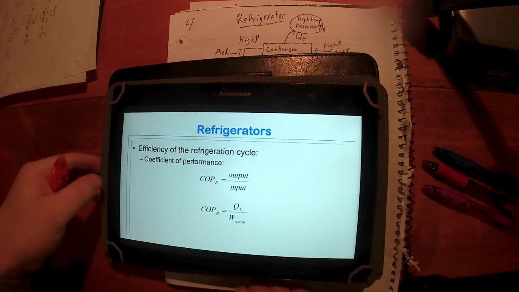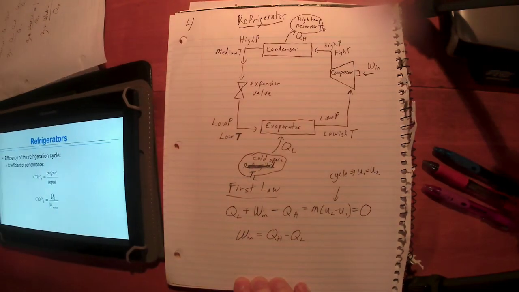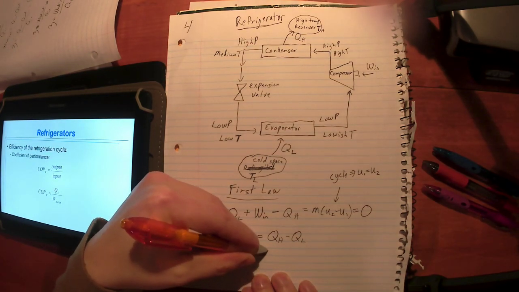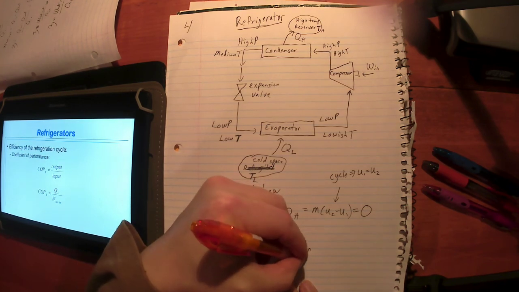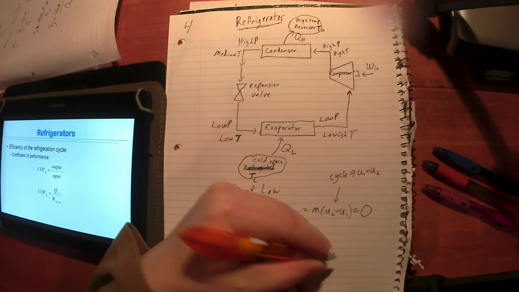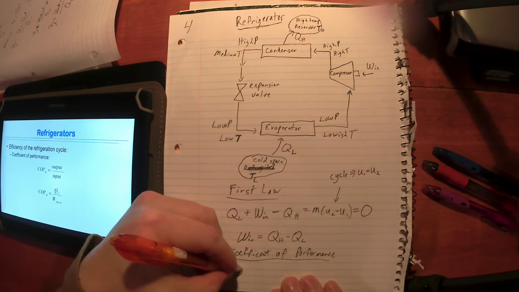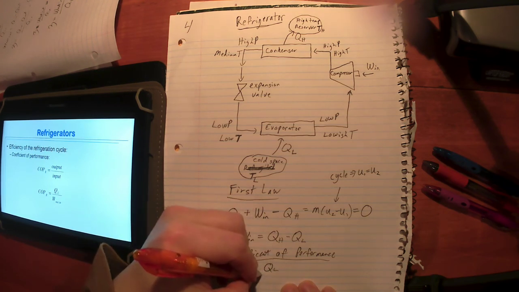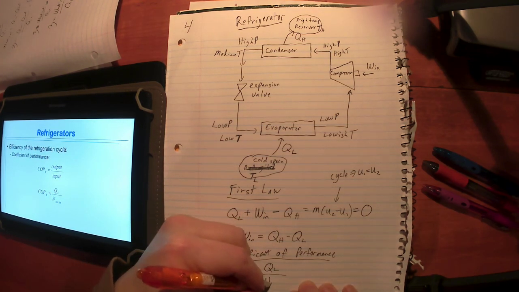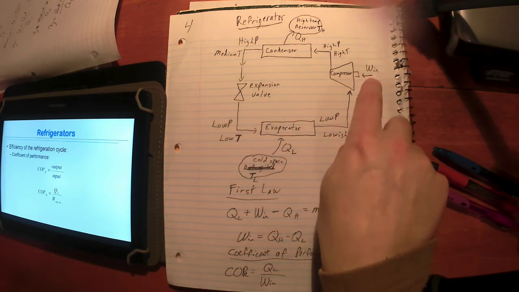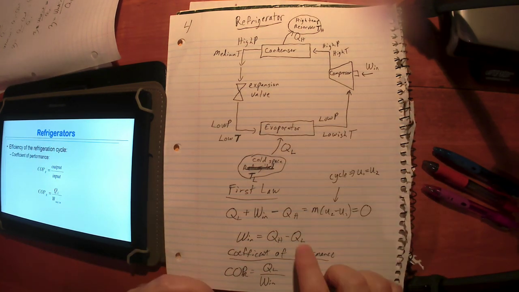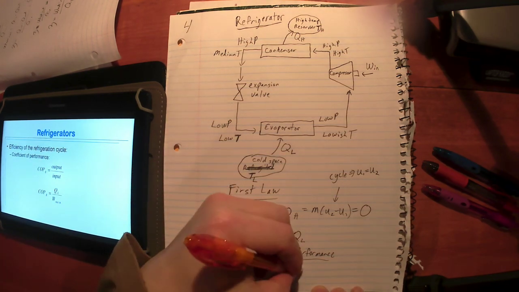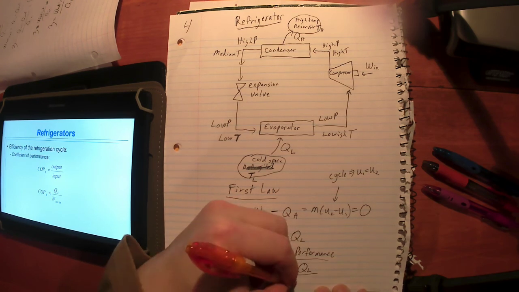The COP for a refrigeration cycle, COP_R, that is the coefficient of performance. The coefficient of performance for a refrigeration cycle is still going to be what we want. We want a refrigeration cycle to remove QL. To get it, we're going to have to put a little bit of work in at the compressor. Now, if I substitute this in here, because my first law tells me that work in is equal to the difference between QH and QL,